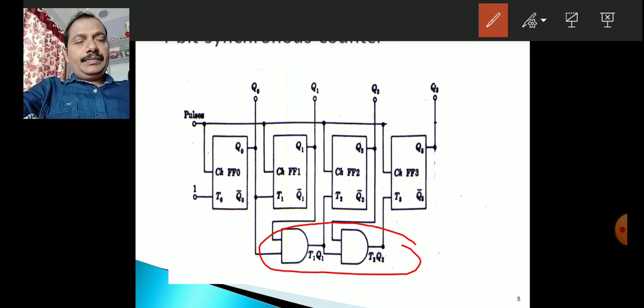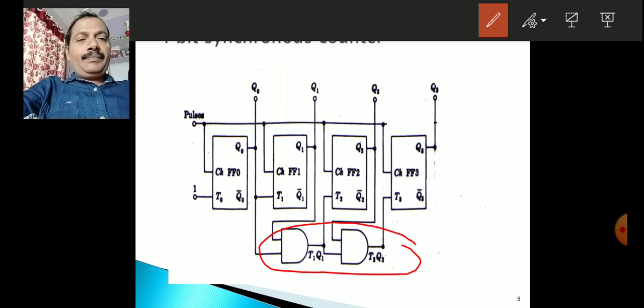How did we get these equations? We get them from the excitation table, present state, next state, and the inputs. For the inputs, we draw K-maps or apply simplification procedures to get the input equations of the T flip-flop. Observe here the design equations we finally get after following certain steps, because those steps are not necessary at your level. I directly write those steps.